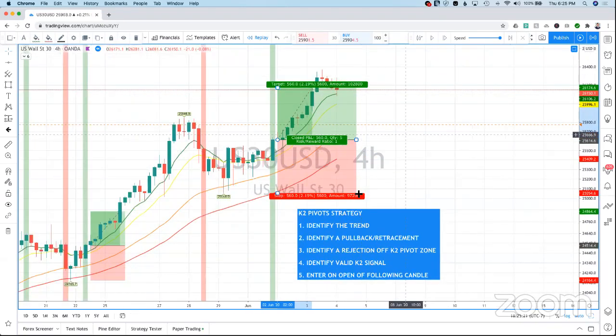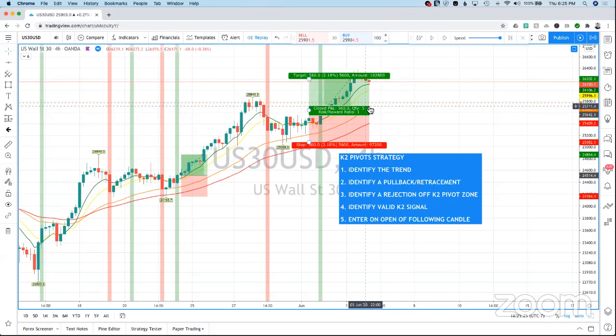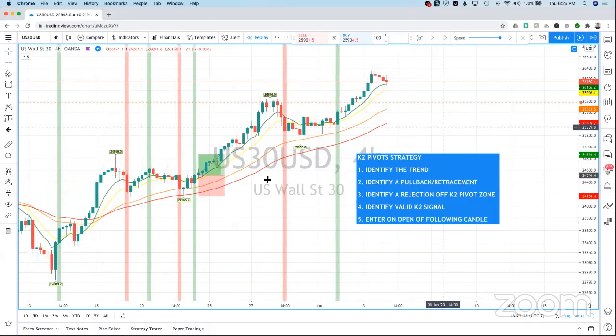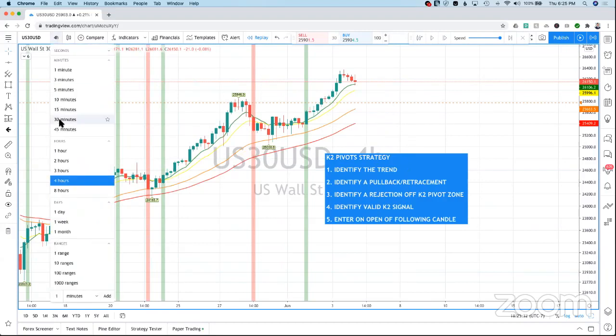It's pretty simple, and it works on all time frames. So if you want to swing trade, obviously you can trade it on the 4 hour and up. So if you want to do 4 hour, you can do that. If you want to trade intraday, I always recommend 30-minute or 1 hour. So if we go on the 30-minute,